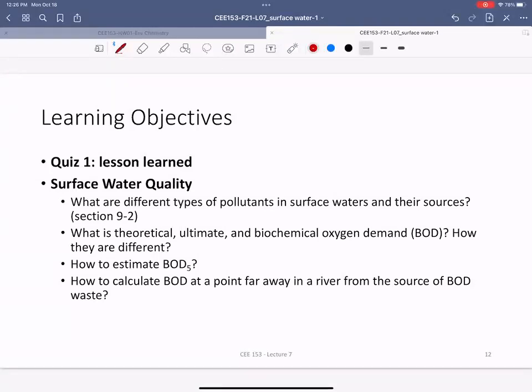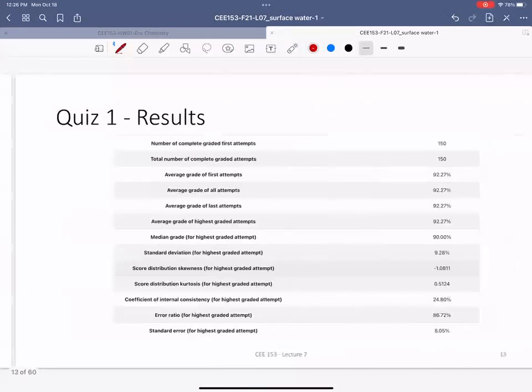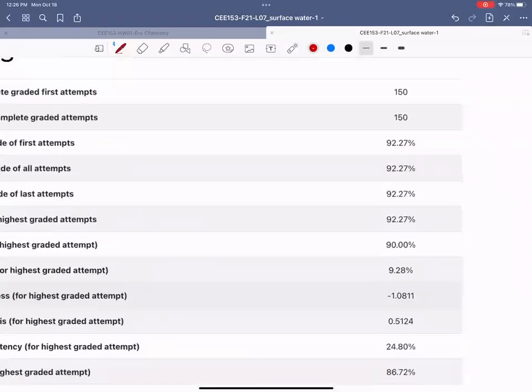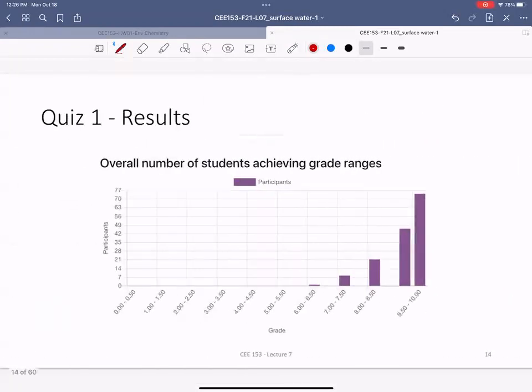All right, so that quiz, I'll share the solutions. But most importantly, today we are going to learn about surface water. So you can see the solution to the quiz, that's immediately graded automatically. The mean is 92%. So most of you got more than 9 out of 10. And the distribution is this, as you can see,